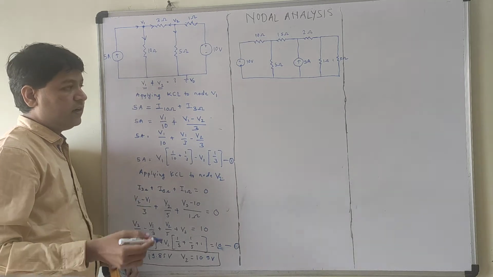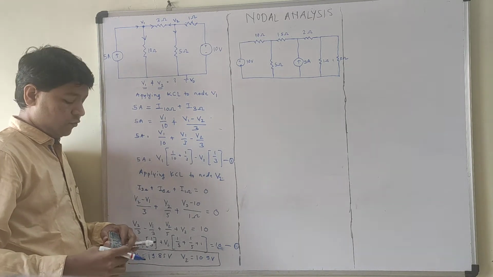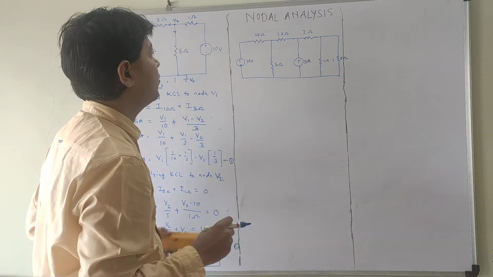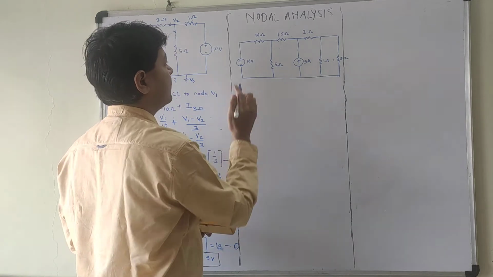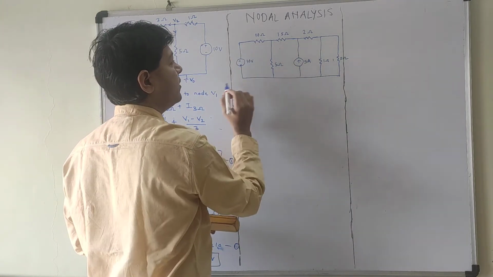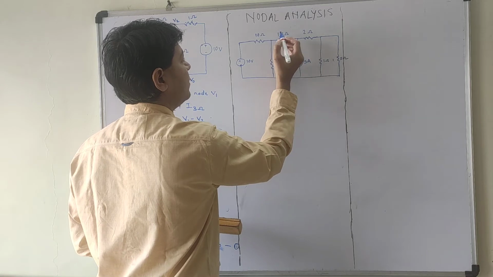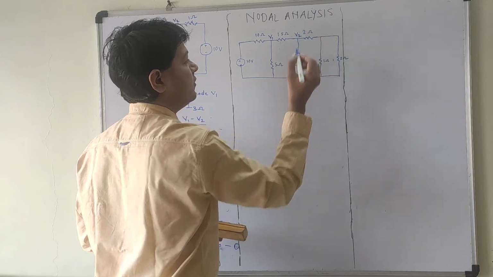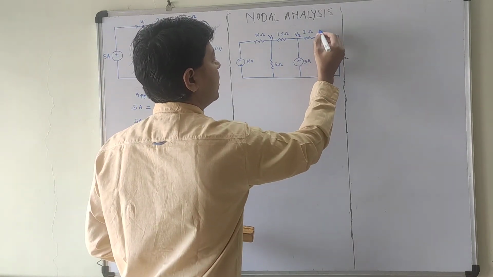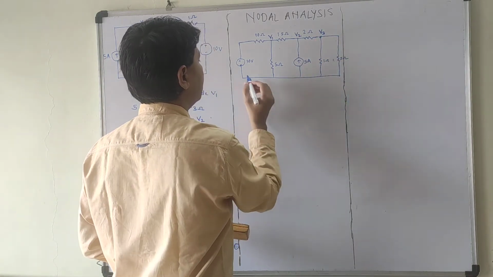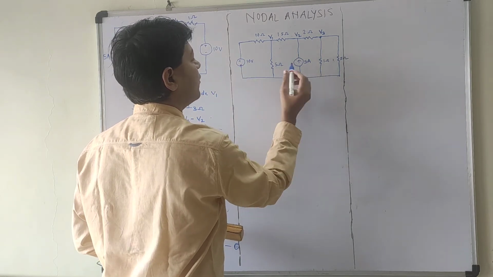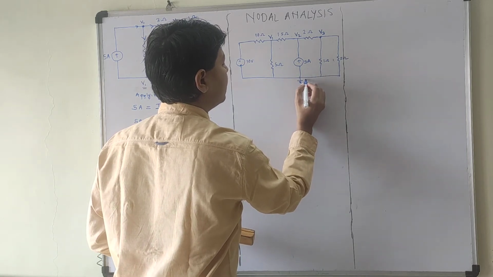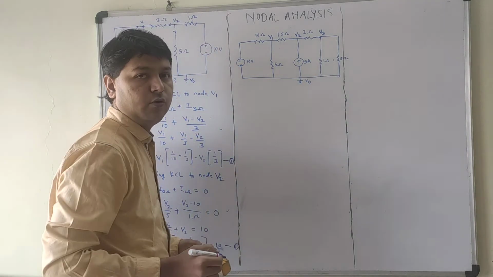Exactly the same way, we will see now the second question, which again we have to solve by node analysis. Here in this case, this is not a node because this is a single wire. Here 3 wires are coming together, so I consider this as V1. Here again there are 2 single wires. This is V2, 3 wires coming together. This is not a node. The voltage is flowing from negative to positive. All these nodes are the same node, which is nothing but ground, whose value is 0 volt.